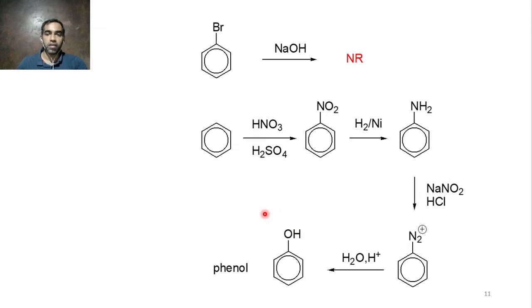Okay, to convert it into phenol, we have already seen that a simple reaction like this cannot work. But to synthesize phenol, you convert benzene to nitrobenzene, then aniline, then benzene diazonium chloride, then you react with H2O and H plus. What I mean is, just heat this. It's a very simple reaction. You take this benzene diazonium chloride, it's already an aqueous solution, so you add some dilute HCl and heat it. You easily get phenol, and you can start seeing the phenolic layer.